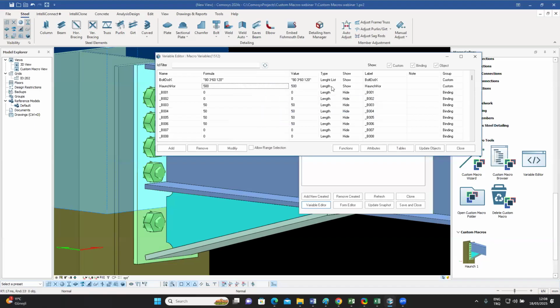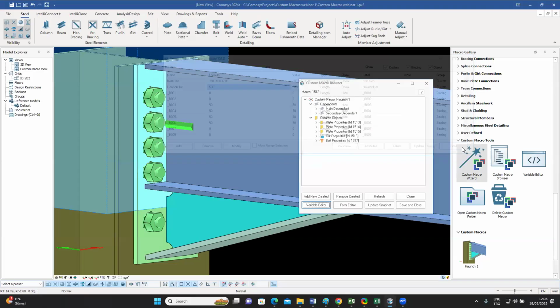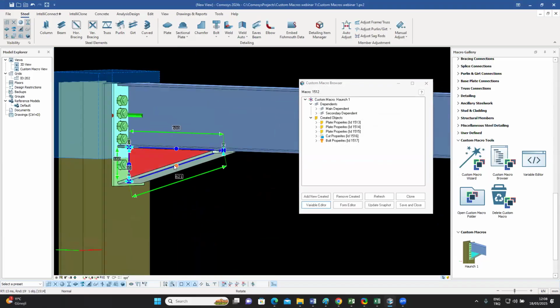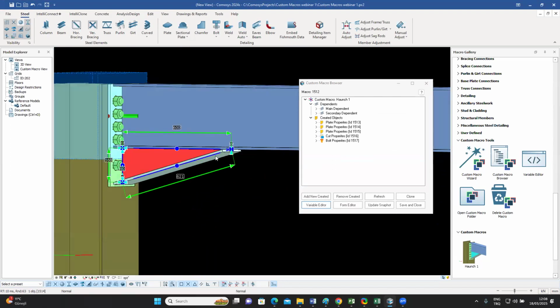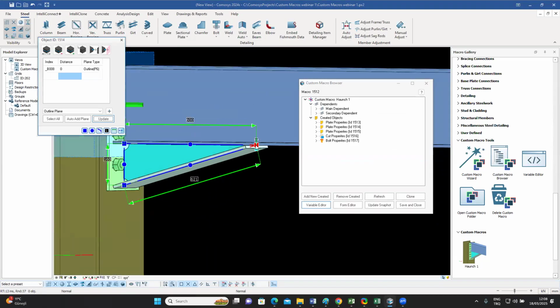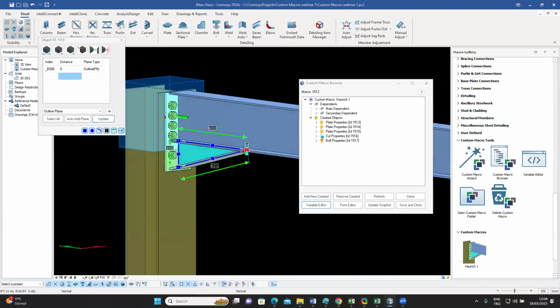So this is what I want. It's the length type. It's called haunch HOR. That's the name of the variable. Close it. It's still not attached to anything. What do I do with it now? What I do with it is, if I select this one, and I select the triangular plate, and I select this point, and I give it another binding,